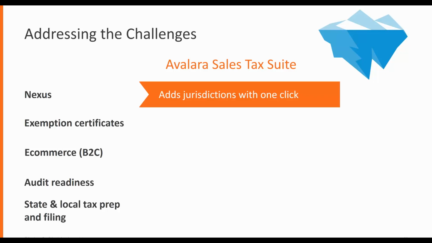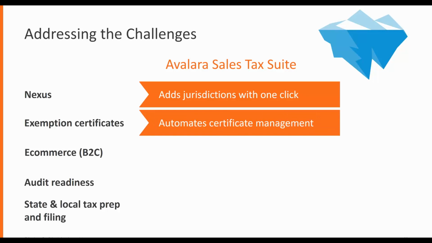For exemption certificates, say you've got 500 or 1,000 certificates from a bunch of different states for a bunch of different products. Some of these things can expire in 6 months, some of them can be a year, some of them can be 5 years, some of them can be indefinite. You've got to line all those up with what's valid, what's not. And you have to be sure to keep track of those.